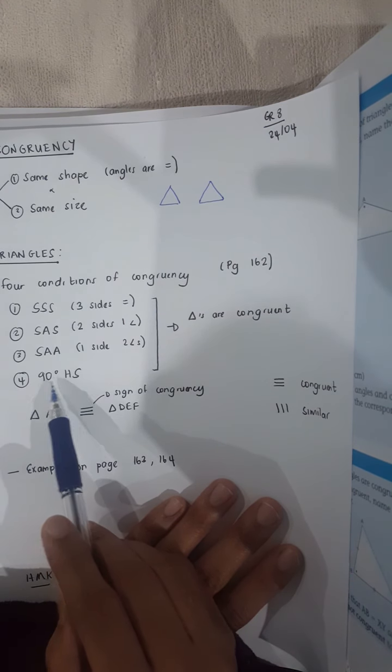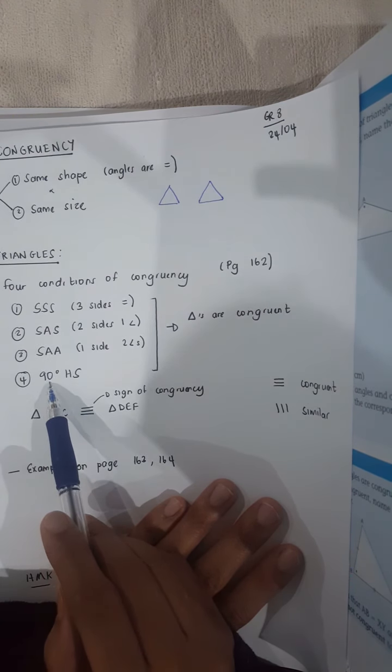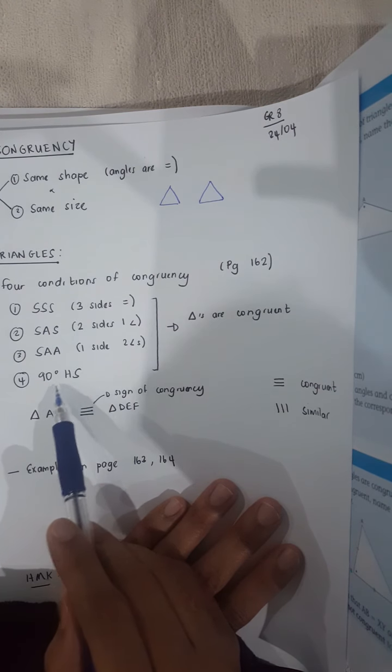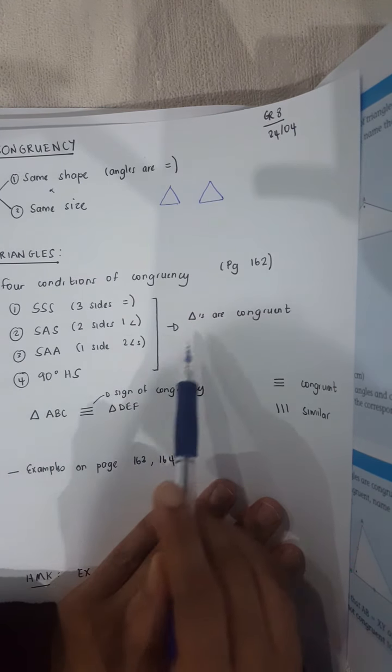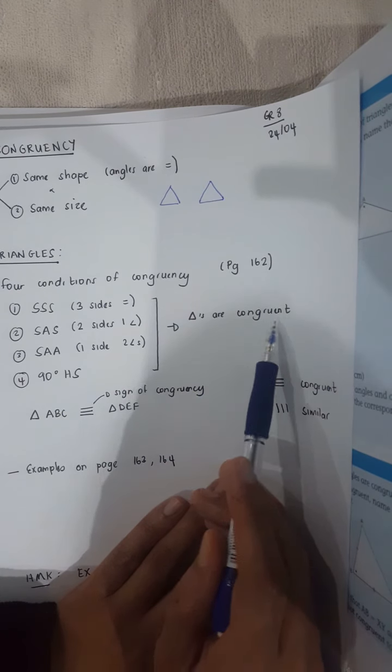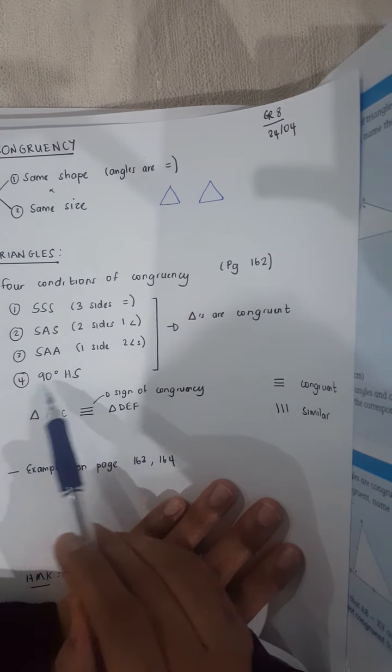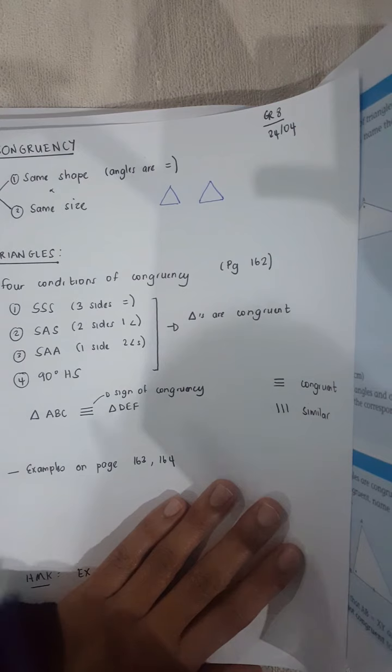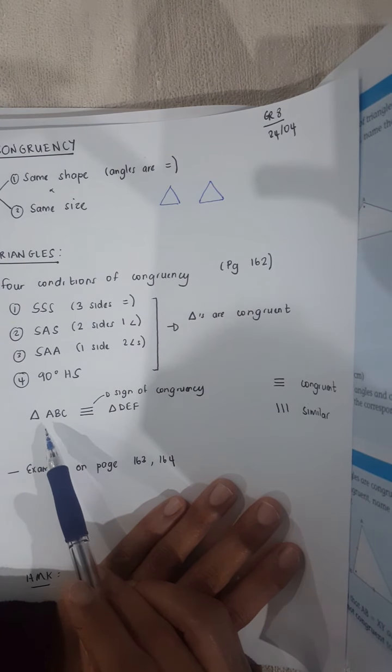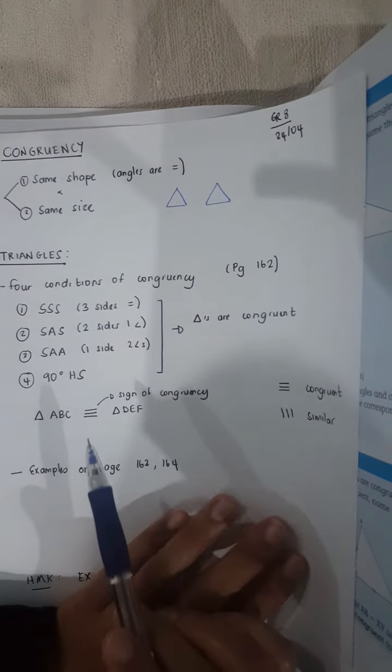And this one was the 90-degree triangle, where we have a 90-degree angle. The hypotenuse must be equal and one side must be equal. Then the triangles are congruent. Okay, so you have to learn the four conditions first. That's our first step. So when I want to write down that two triangles are congruent, I write down,